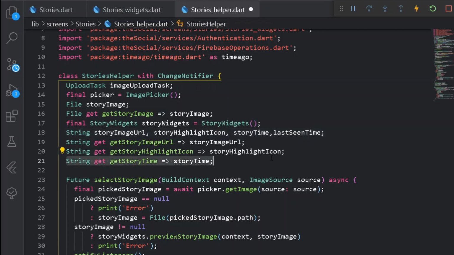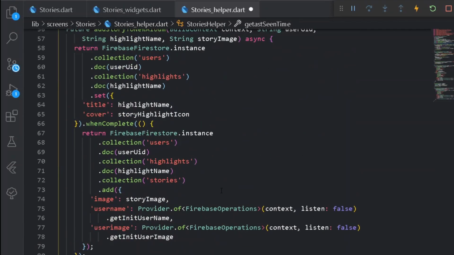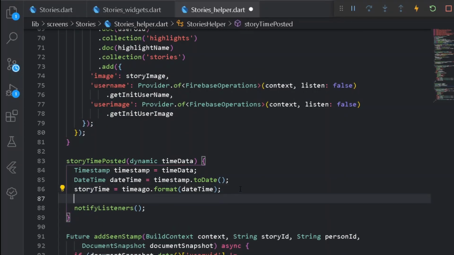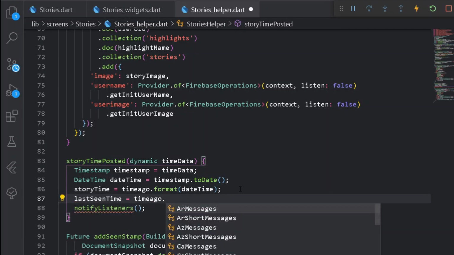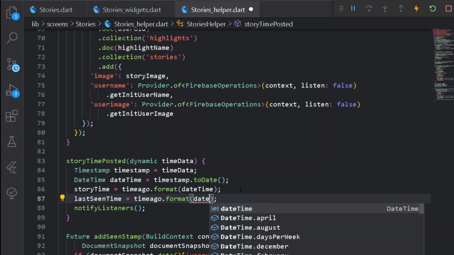So here let's have its getter as well. Copy the following thing, paste it here, but here let's have getLastSeenTime, not cast but last. So once we have done this, we can come down here and paste it, and here I can simply say timeAgo dot format, and here under date we can simply paste dateTime.